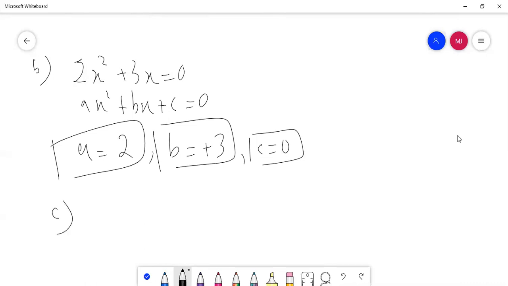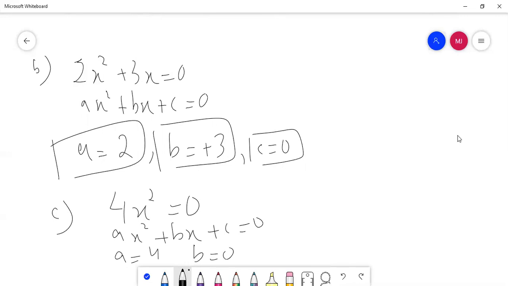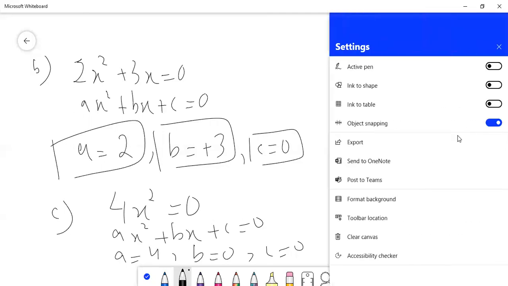If I take another example, yes, this is also quadratic equation because if I compare it with ax square plus bx plus c is equal to 0, here my a is 4 coefficient of x square, b is 0 because there is no term containing x, and c is also 0 because there is no constant term. So yes, highest power of this equation is 2, and a, which is coefficient of x square, is not 0 in this case. So yes, this is quadratic equation. Okay, let me give you another example.